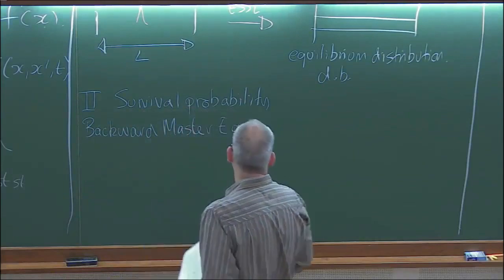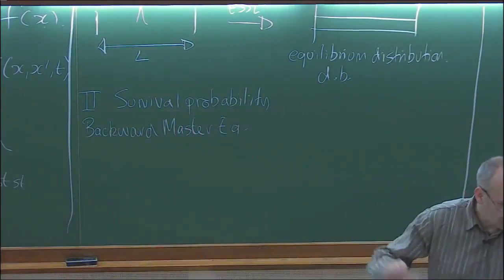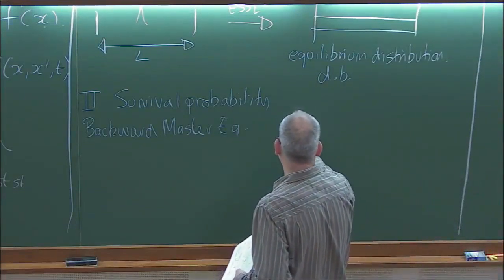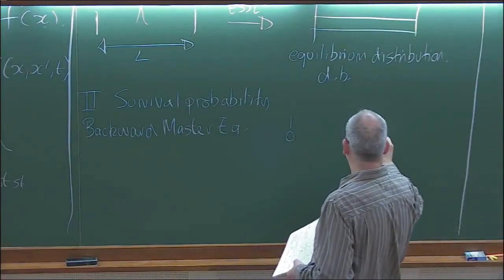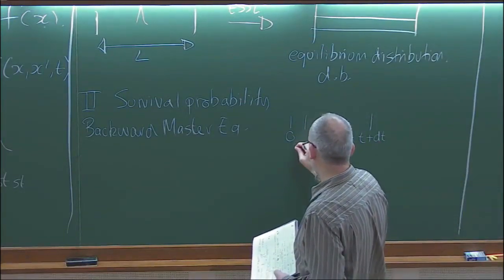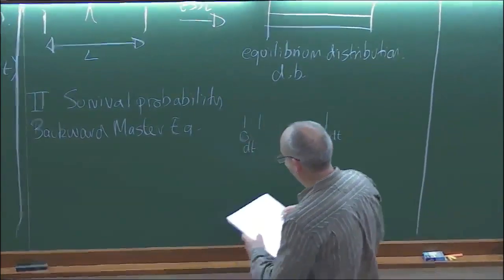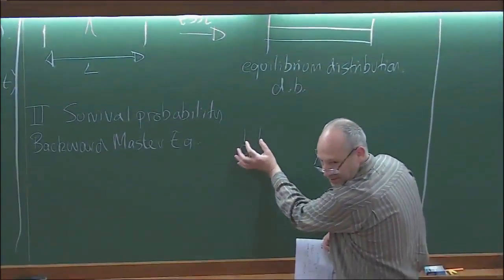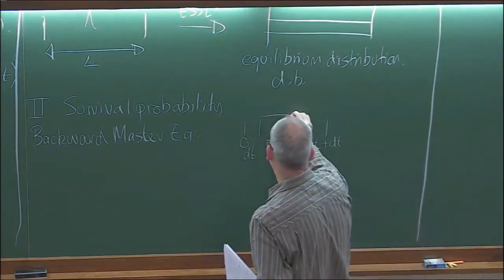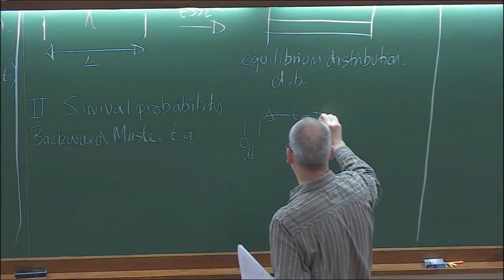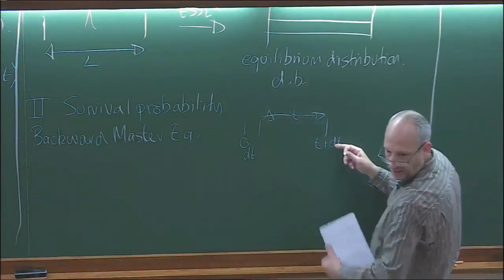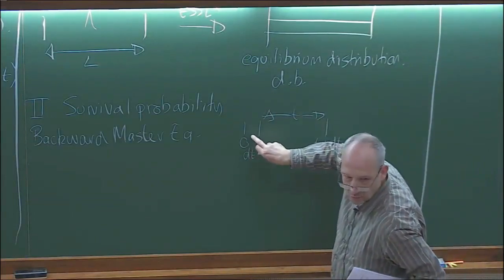So this is why I did the forward one in more detail at the beginning, because the idea of the backward one is that now we want to look at time t plus dt, and the idea is that we put the dt in the first time interval, what happens right at the beginning, and then from there to there is duration t. Right, so I want to say what's happening at time t plus dt, and I work it out from averaging over what happens in the first dt.